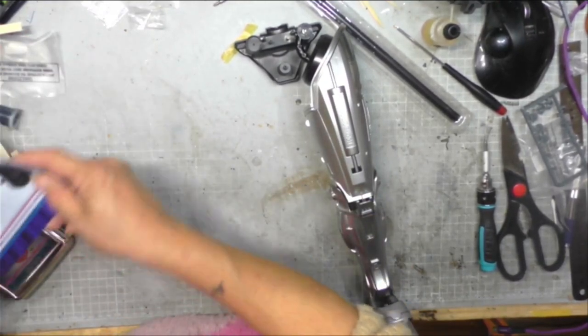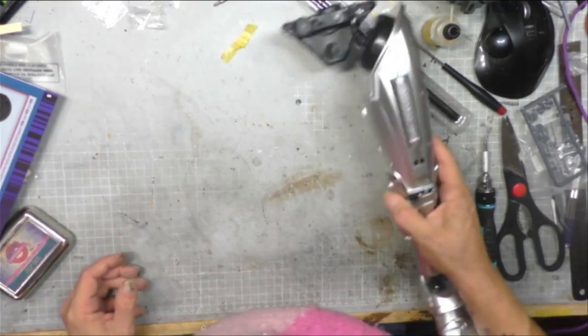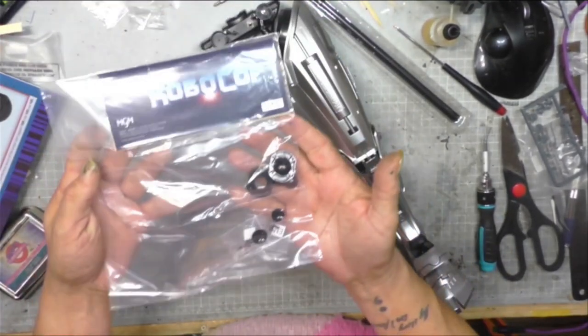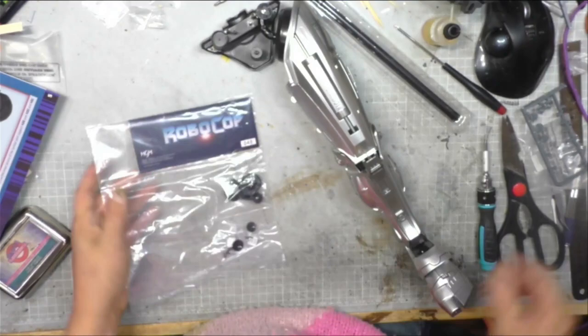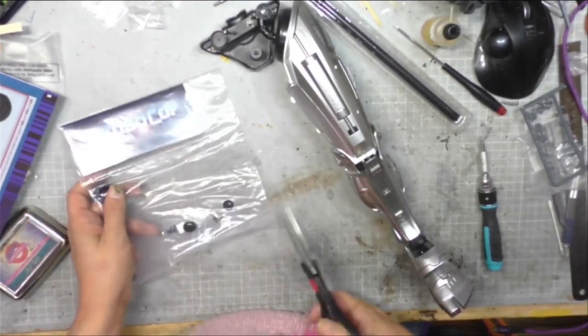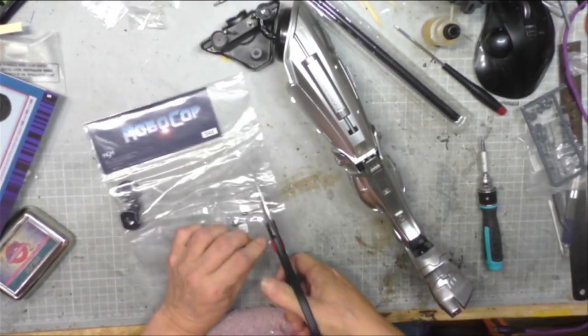Issue 48 deals with the pelvis part 3, so let's bring the parts through. As you can see, not that many parts. I can feel a bit of weight to it, so it's these metal parts. Now,